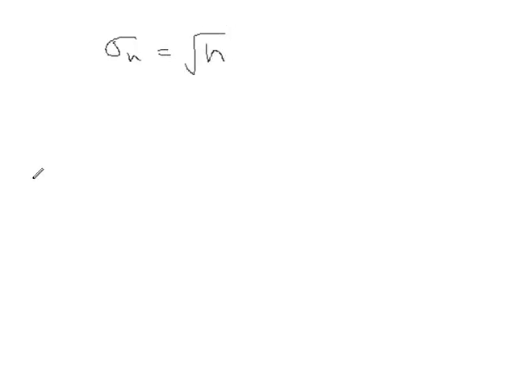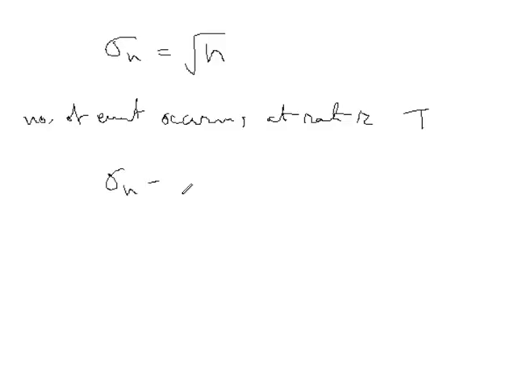Therefore, the standard deviation in the number of events occurring at rate r in an effective measurement time t is simply root of r into t. Now, if each pulse contributes the same charge, then the fractional